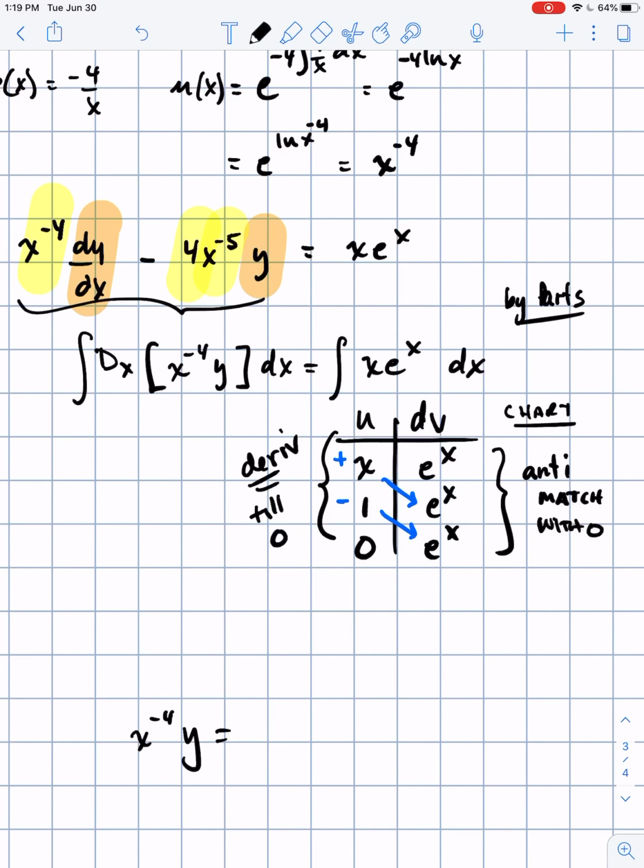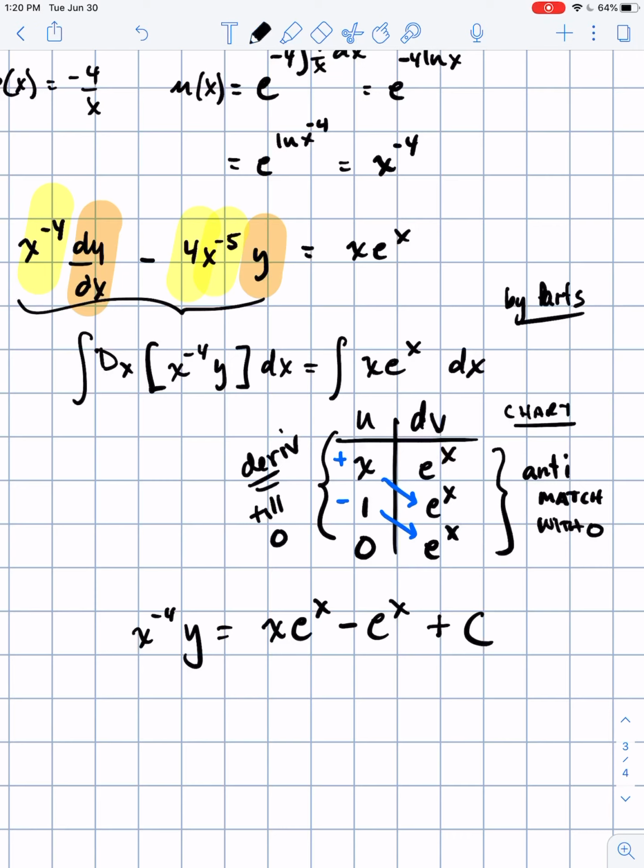Okay, so plus, it'll be x e to the x, and then minus e to the x, and then don't forget your plus c. You could always go by parts with the formula notation. I showed that earlier, I showed that in other slides as well. Okay, and there is our